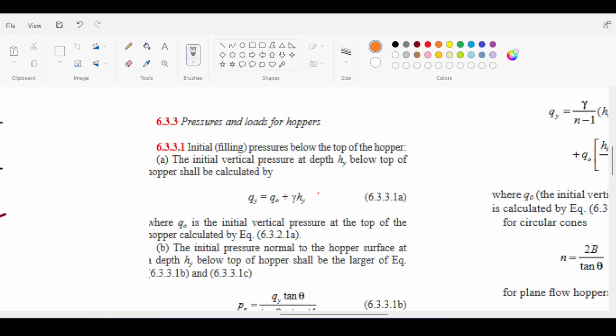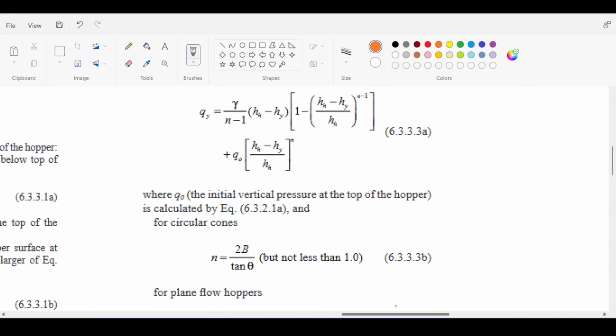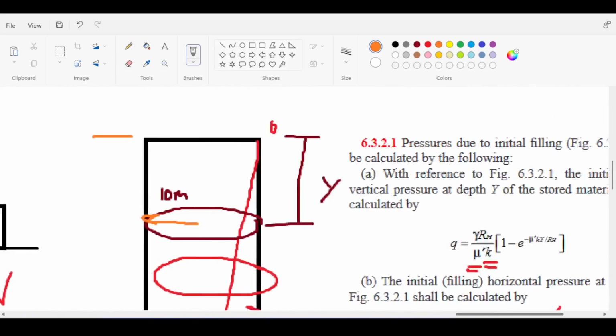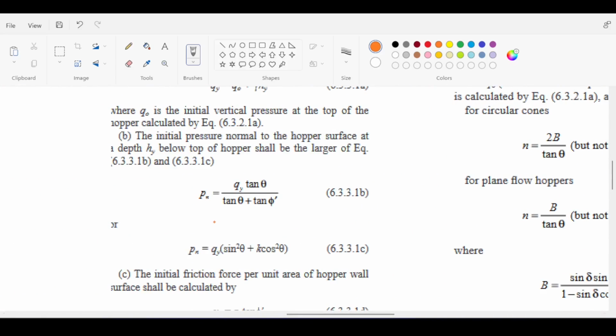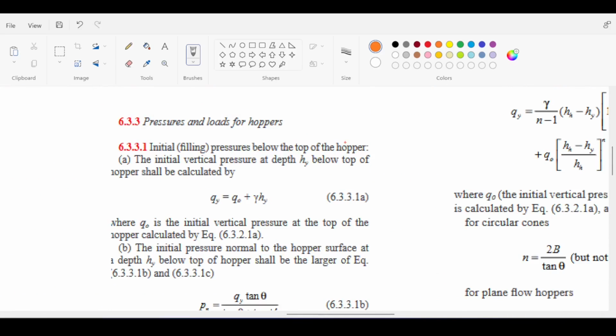And it's basically a very simple equation here. Q0 being the vertical pressure at the hopper, calculated from equation 6.3.2.1. Now, what was 6.3.2.1? It was this equation, the one where you have all those factors inside it. So Q0 is basically, according to this equation, the pressure at the hopper height, below the top of